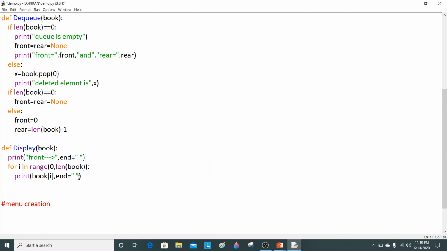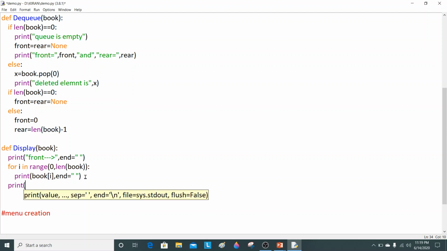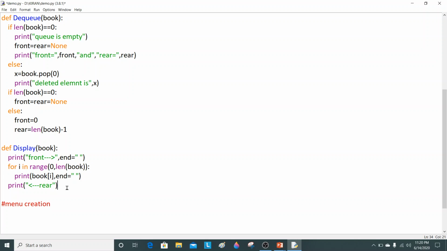After that all the elements of the queue will be printed, and just to denote the last element, outside the for loop I will write print, in quotations, rear. So this print statement will just display the arrow mark and the rear. So you will get the arrows to indicate the front and the rear, and in between the front and rear statements, the elements will be printed. Now this is the code for the display of the elements.